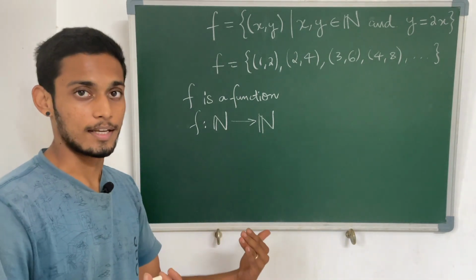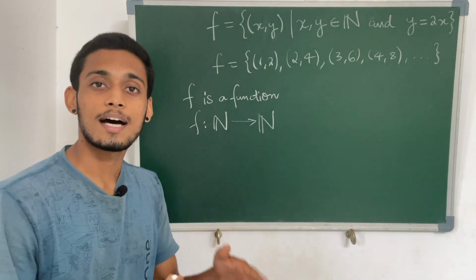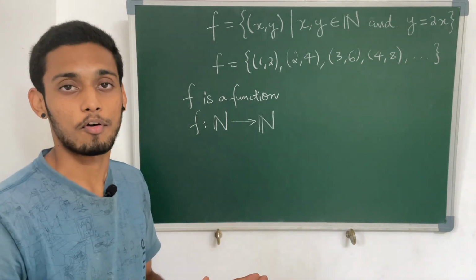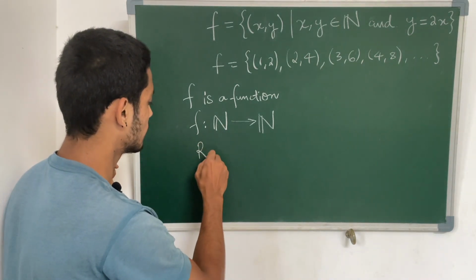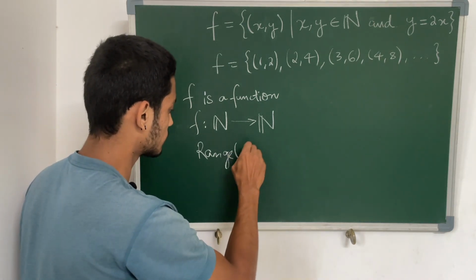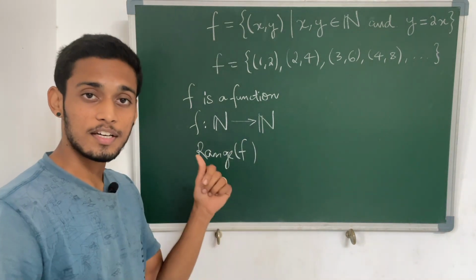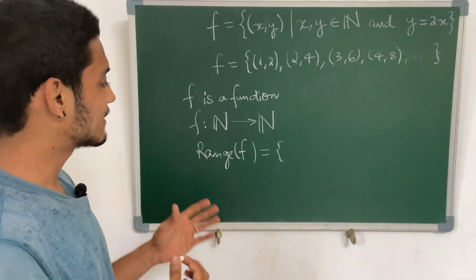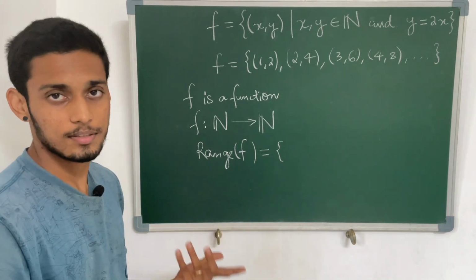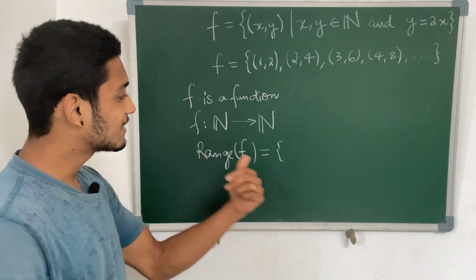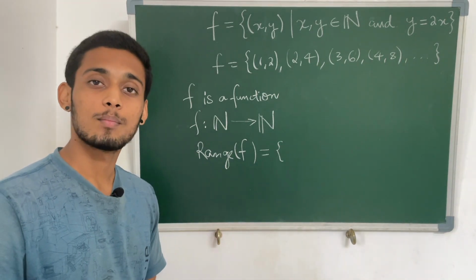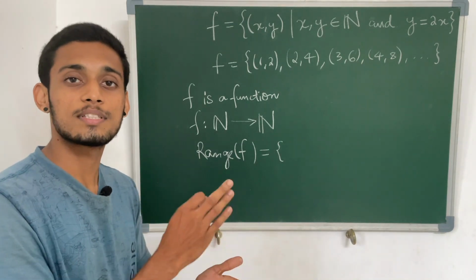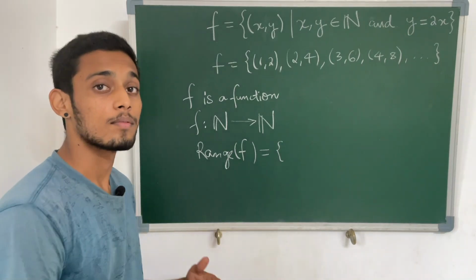So let us try to write it down. So we know that all even numbers are multiples of 2. So let us try to write this down in a set builder form. So what it means is, range of the function f. So I can say that it is the set of all even numbers that we have already established. So if it is a set of all even numbers, how can we say the number is even? If it is divisible by 2 or it is a multiple of 2. So even numbers are 2, 4, 6, 8 and so on, positive evens.